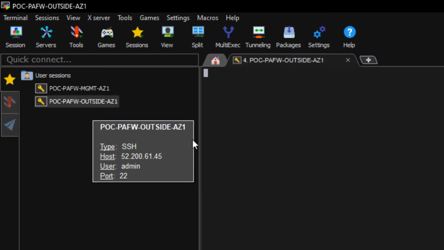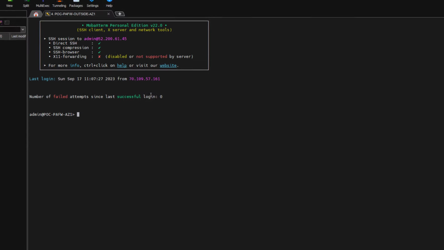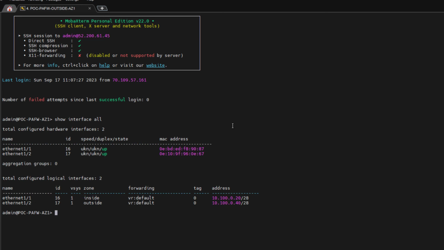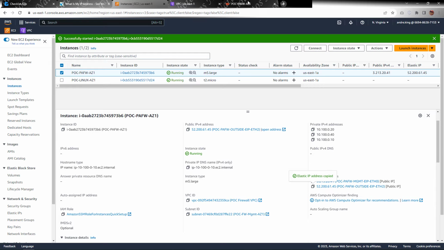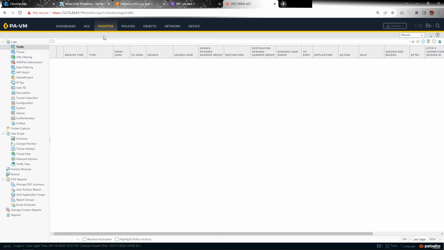So if we go ahead and double-click on it there, we'll see that if we were to just sit here, we'll get logged in successfully because the username is entered and the private key is correct. So there we go. We can do the same commands through this interface. Nothing different about this. Same firewall, same management plane there. But if we come back to our firewall and take a look again at monitor,